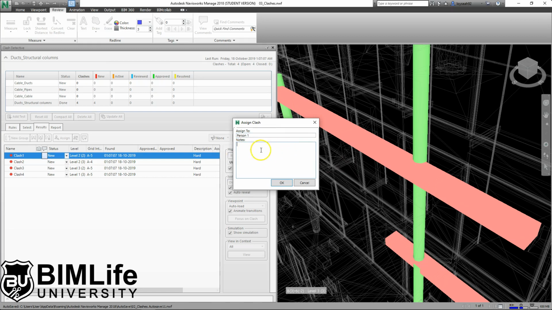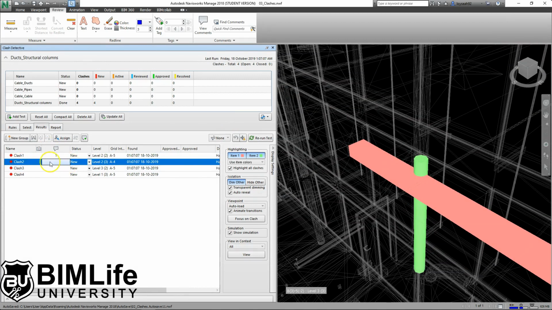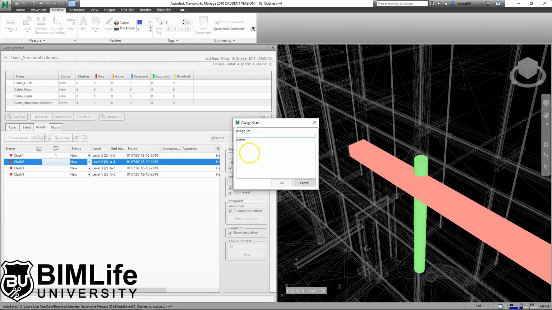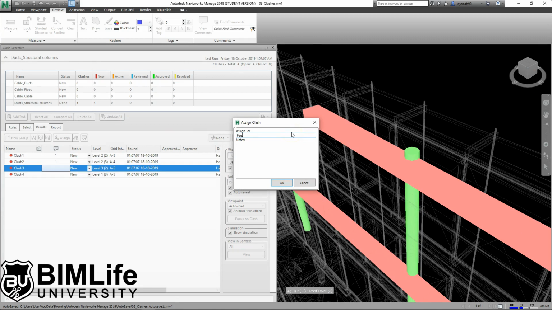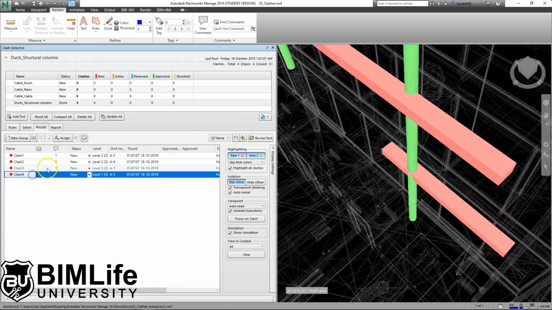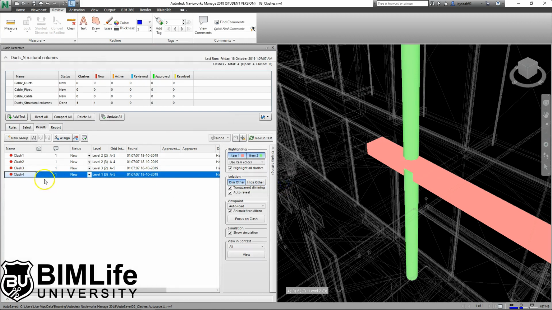You can describe, it's not compulsory, but you can use it to describe the clash, or if you want to write down your proposed solution, you can do it here. But I'm just going to write person 1, press OK, and I'm just going to expand it a bit. And I'm going to click on clash 2, assign, and I'm just going to assign this as person 1 again. And for clash 3 and 4, I'm going to assign to person 2. So clash 1 and 2 is assigned to person 1, clash 3 and 4 is assigned